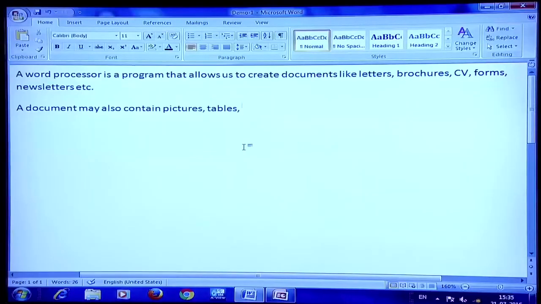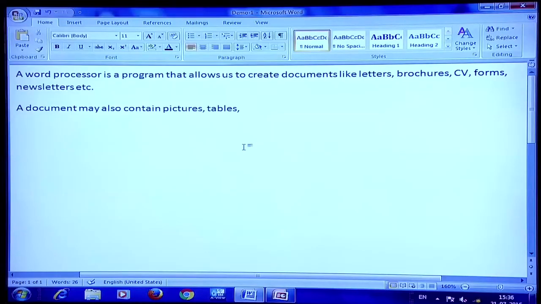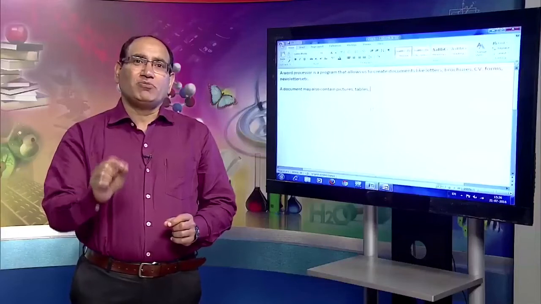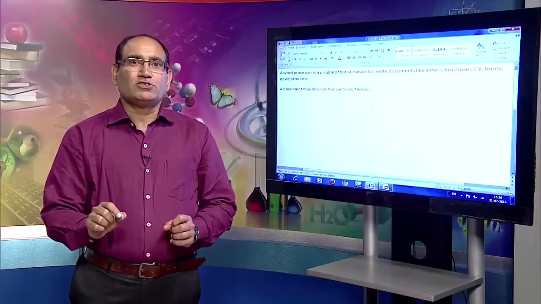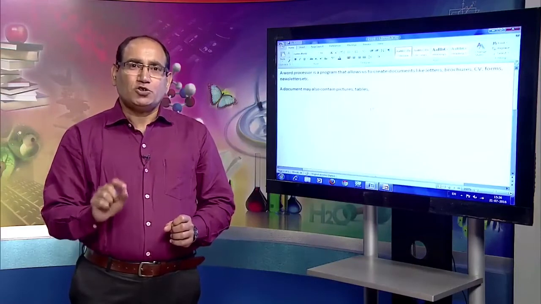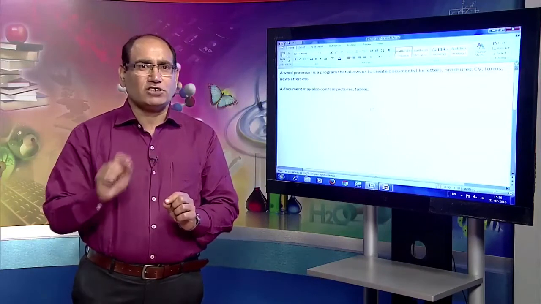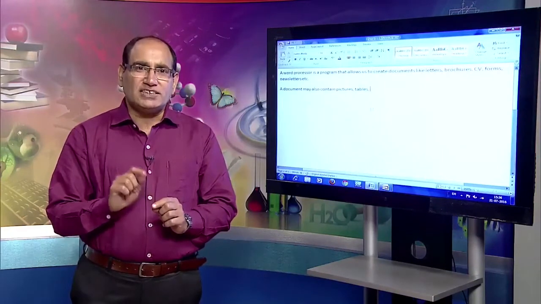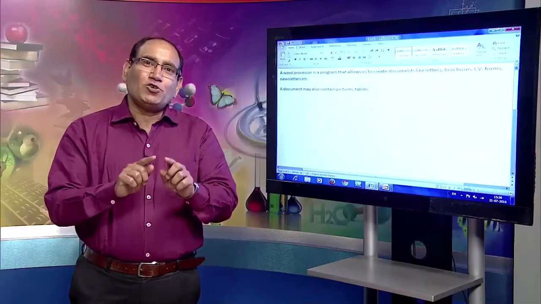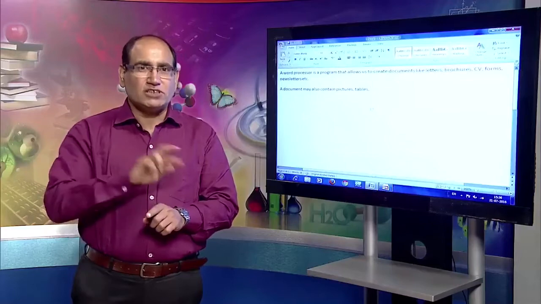Now, what happens is, see, previously I saved the document with the name demo, then I saved the document with the name demo 1. Now, when I clicked at save as, then the previous document which was saved with the name demo, that remains there, and whatever changes have been made, those are saved with the name demo 1. So, there is a difference between save and save as. First time you save it, you click save or save as, does not make any difference. But second time when you want to save it, if you click at save as, then save as means you want to save the document with some new name, previous document remains the same. So, there is a difference.